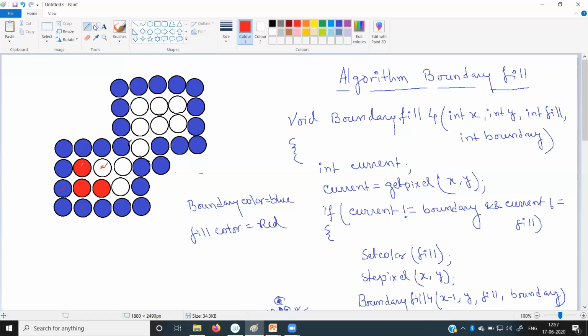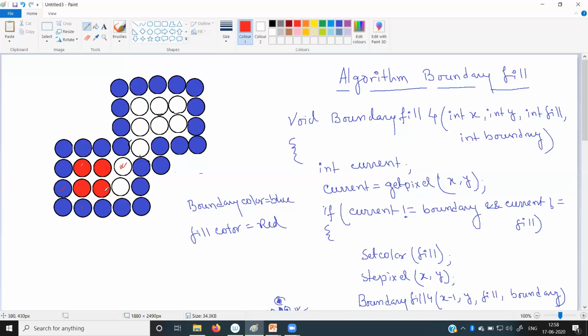Its color is not boundary, not fill, so it will fill it up by red. Okay. So now after filling, it will call the function for its 4 nearest neighbors, and among its 4 nearest neighbors, only this particular neighbor is not filled up by the color, so it will call the function to fill it.